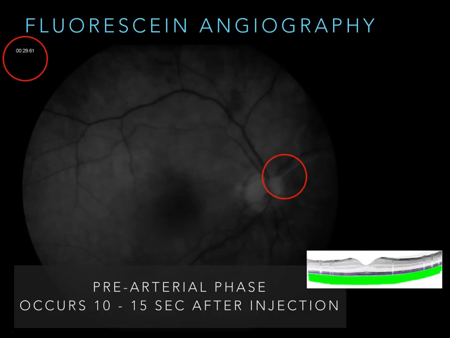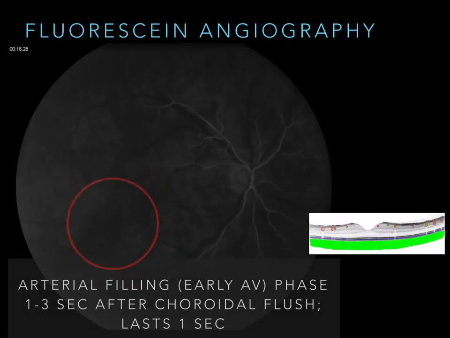This is a person with a central retinal artery occlusion. Look at the time. It's 30 seconds. That's really late. And he's got the ciliary retinal artery that's filling. And his retinal vasculature is not that good. So, CRAO. Okay, so now you've got an arterial filling phase is about 1 to 3 seconds after your choroidal